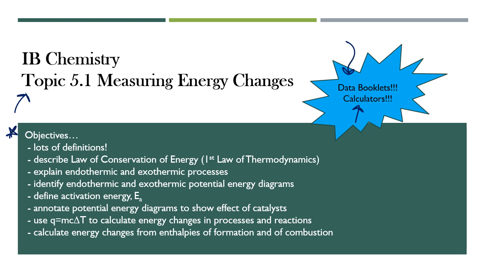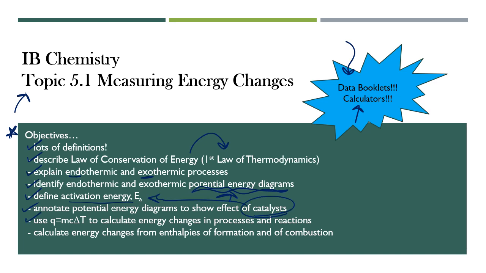Our objectives are these. We're going to define so many vocabulary words. We're going to describe the law of conservation of energy, which is also the first law of thermodynamics. We're going to use this a lot in our unit. We're going to explain some endothermic and exothermic processes. We're going to identify endothermic and exothermic processes and reactions using potential energy diagrams. We're going to define this amazing thing called activation energy. Then we're going to annotate some of those potential energy diagrams to show the effects of catalysts on that activation